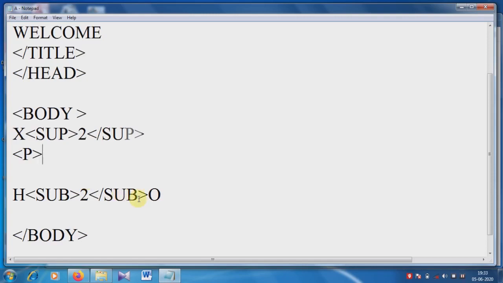Suppose you forgot to close the subscript tag. Suppose you didn't write the closing tag of the subscript: H, subscript tag, and 2, then O. What will be the output that time?